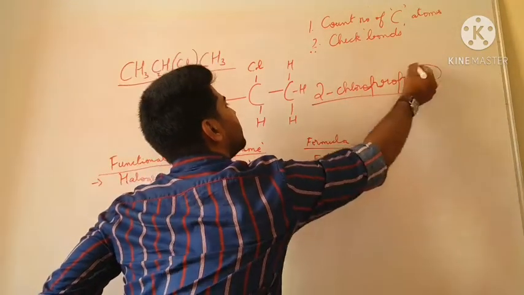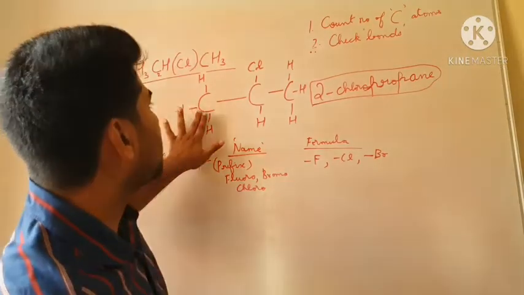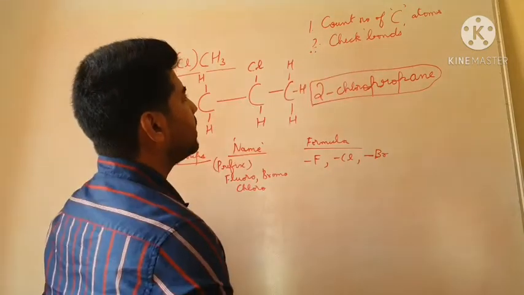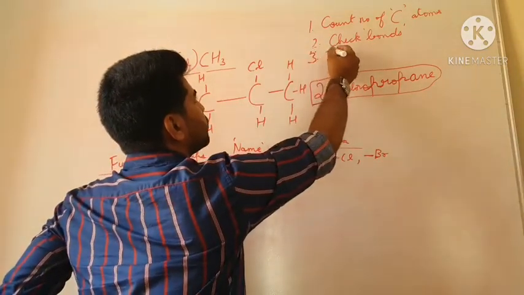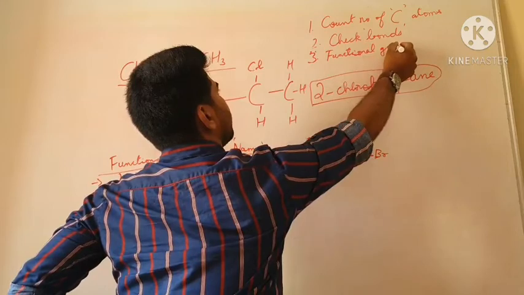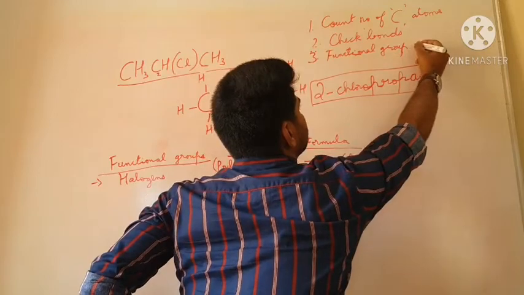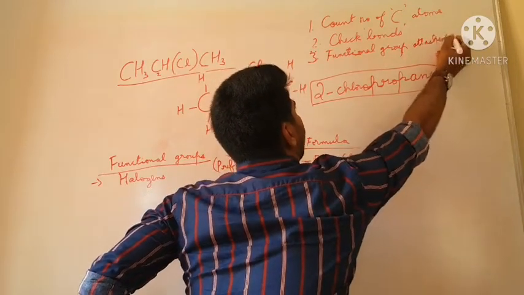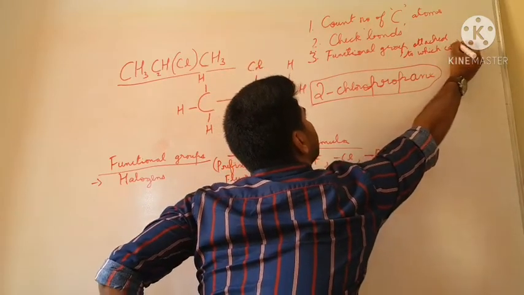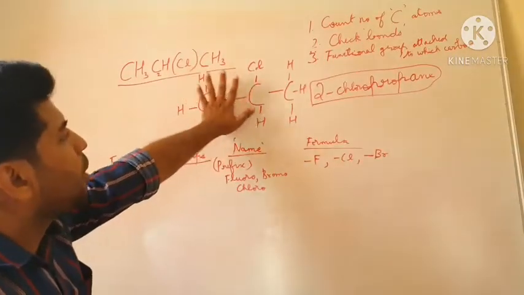This is the name of this particular structure. The steps are exactly the same. Count the number of carbon atoms, check what type of bonds are present, and check which functional group is present and attached to which carbon. That's it. With 3 steps we can write the chemical name of this compound,